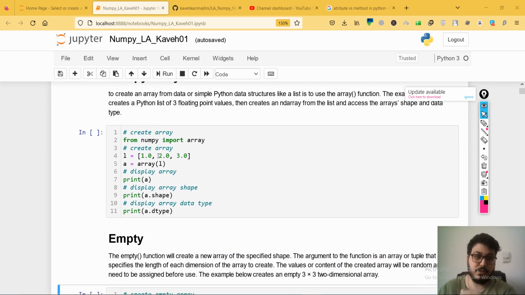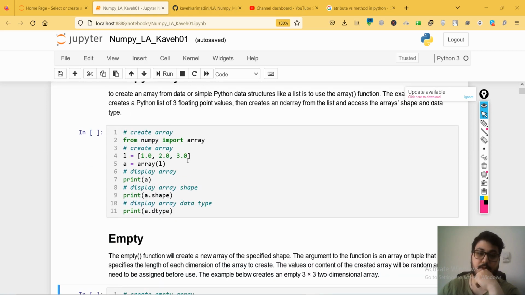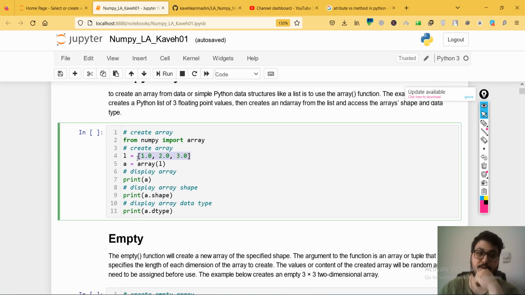Now, what I want to say is that you can create a NumPy array. The arrays that we create with NumPy, we call them NumPy arrays. So if I say NumPy arrays, I mean the arrays that are created by the NumPy library. You can create a NumPy array with a list. You have to learn the list in Python. What is the list in Python? After you learn it, you can just create a list